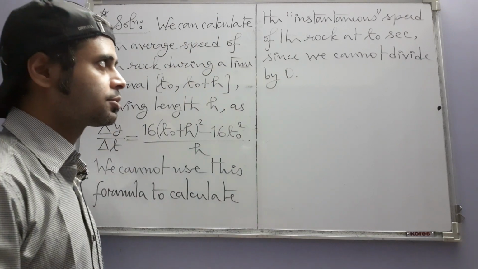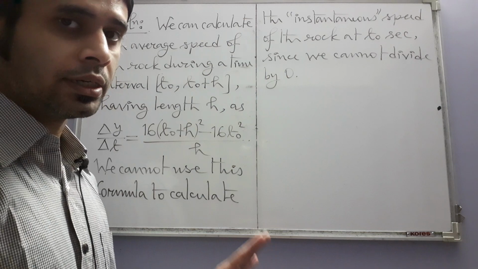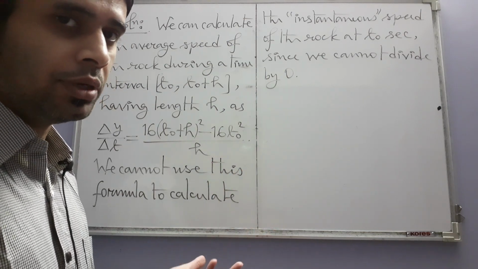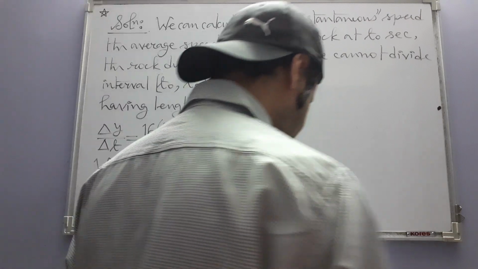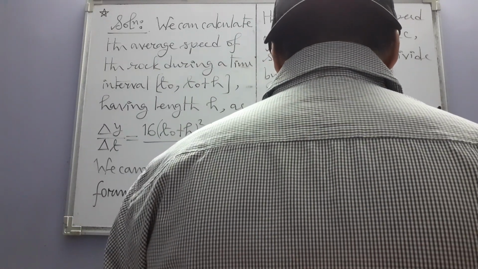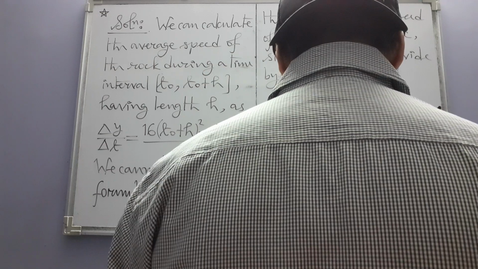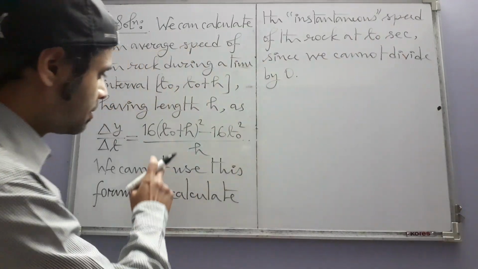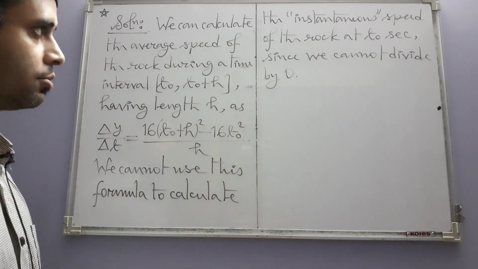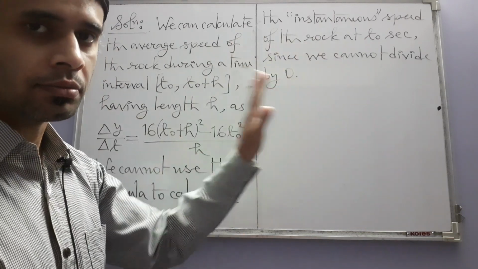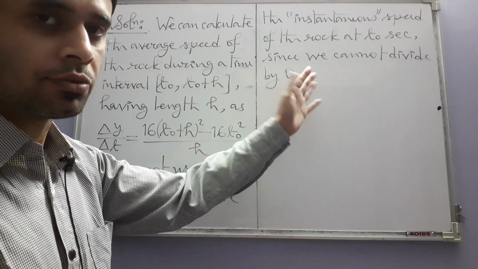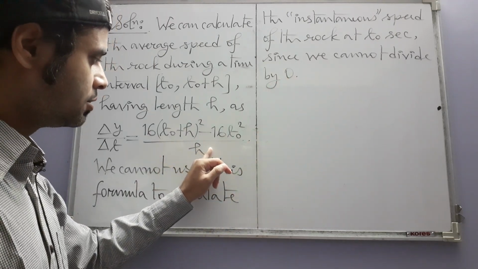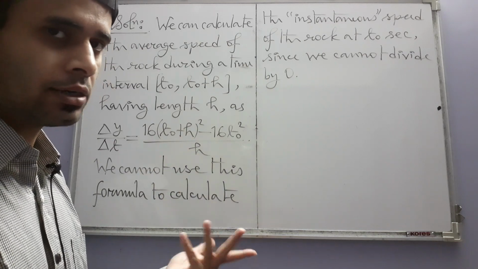Instantaneous within quotes, because we still do not have any formal definition for what instantaneous speed means. It will come. Because if you just simply want to use this to directly calculate or in fact define the instantaneous speed, you would have to substitute h equal to 0. That is not allowed.